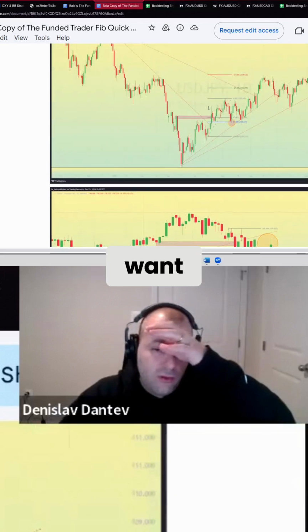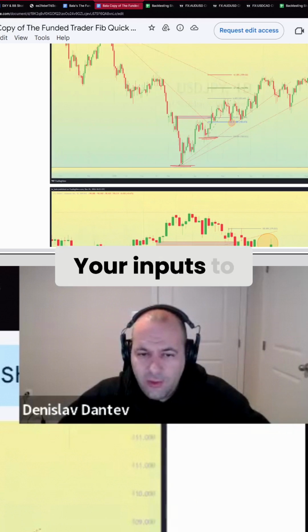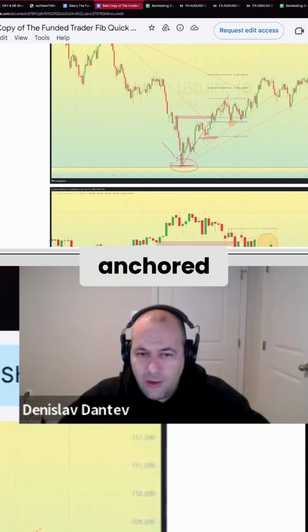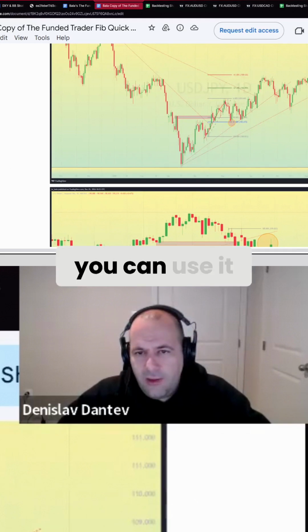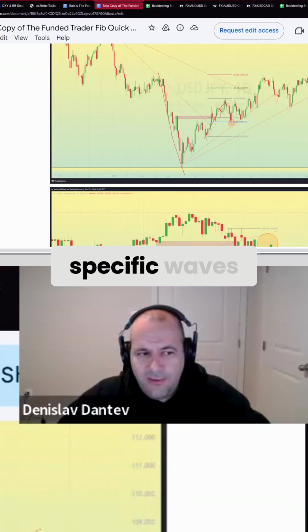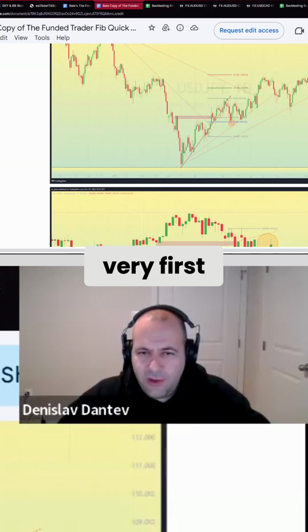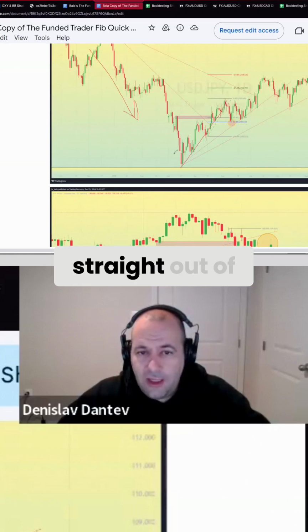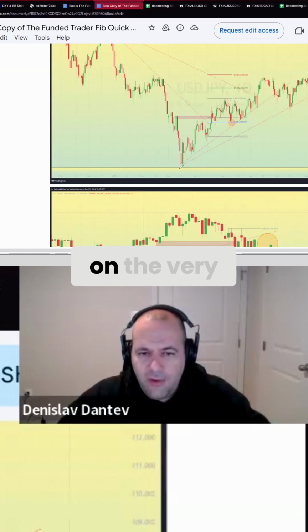Now, what you don't want to do is start your fib here, right? Your impulse to the upside started here on the bottom, so this is where your fib should be anchored, down there. Looking at this alone, you can use fibs as continuations and have just specific waves. But I only do that in trending markets, and this is the very first impulse straight out of a reversal, right? We're moving lower, so that's not something I would do. Always want to anchor it down here on the very origination of